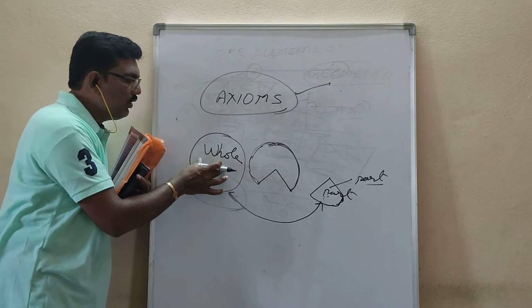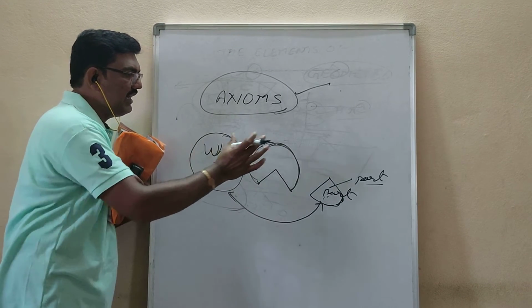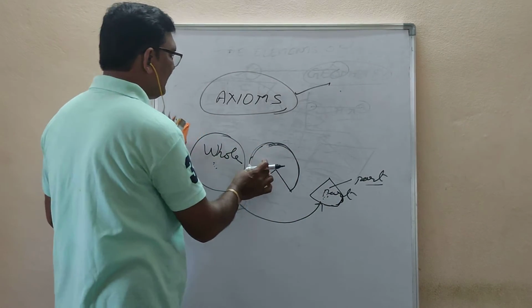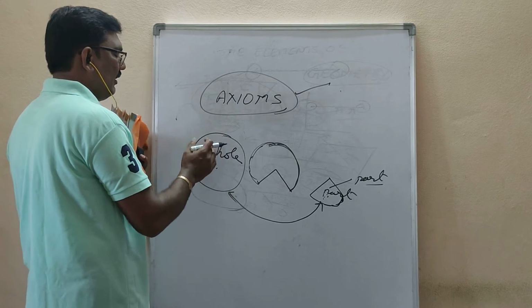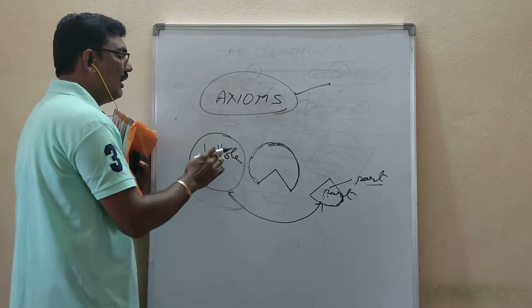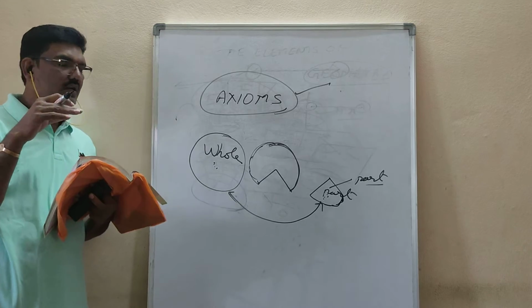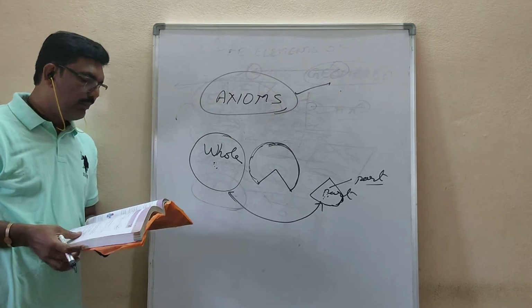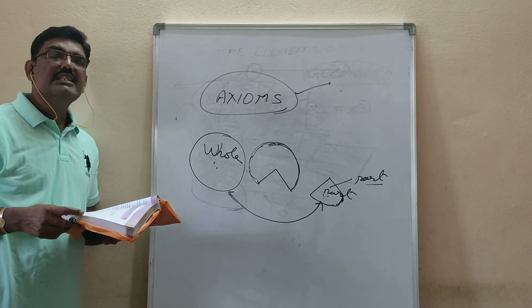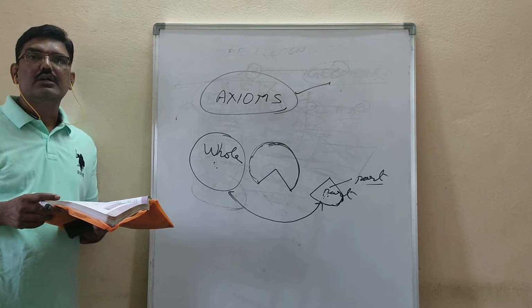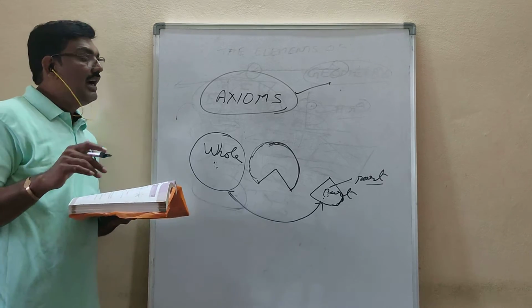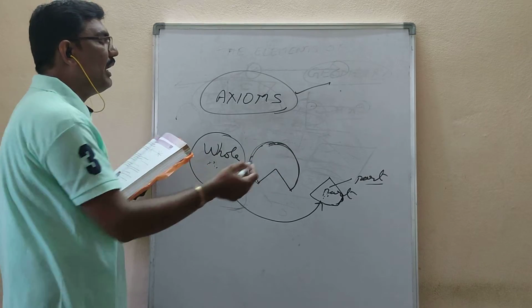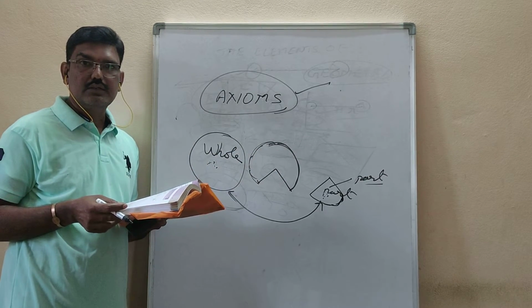So from this whole he cut one piece and he kept it sideways, and he is comparing this part with which whole. Whole means before cutting that piece, how he brought it, that is called whole. Whole is always greater than the part. What is this? It is a self-evident truth. So no one will ask how can you say this is greater than its part? No one will ask. Okay.